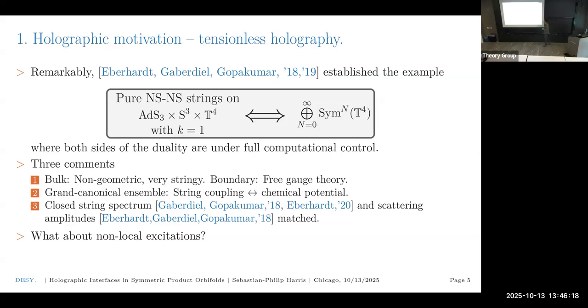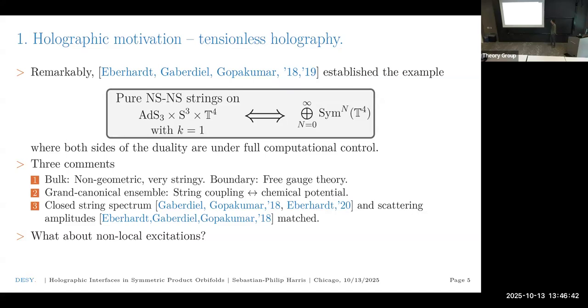In this pure NSNS AdS3 example, it is slightly different, and instead you need to consider a grand canonical ensemble, where you average over the size of the gauge group, and you introduce some chemical potential that is ultimately dual to the string coupling,